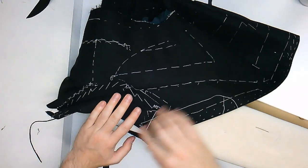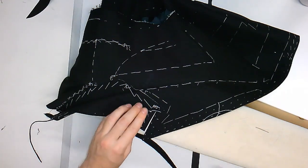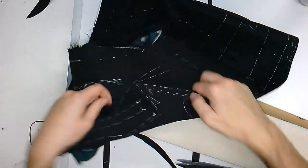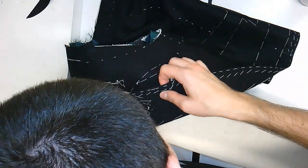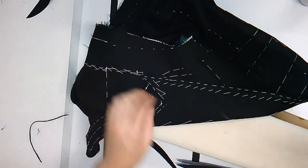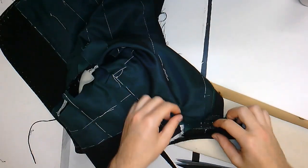And make sure that this line here is heading inwards from the outside edge. Once that's in place, you can trim this back to about 3/4 of an inch, like so. And then when you flip it over, you'll see that you've got your collar formed. Like so. So now what we do is we fold this edge